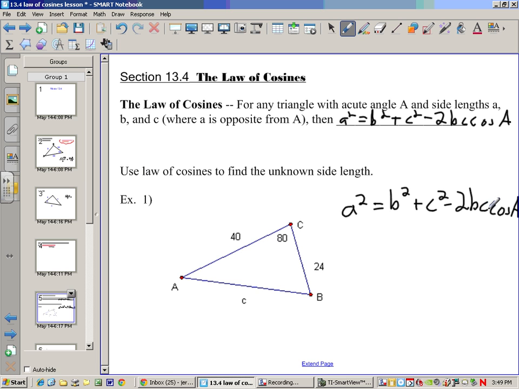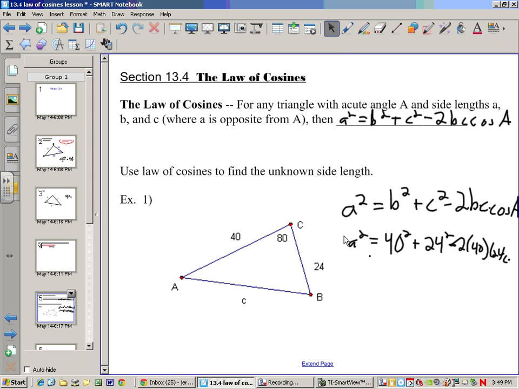Now what's confusing is there's a c times cosine. So just notice, that's 2 times b times c times the cosine of A. Now little a is the opposite side, which is confusing because here it's c, but I'll just keep it as a. a squared is equal to 40 squared. Now b and c are these two sides. It doesn't matter which one you choose for b and which one you choose for c. Plus 24 squared minus 2 times 40 times 24 times the cosine